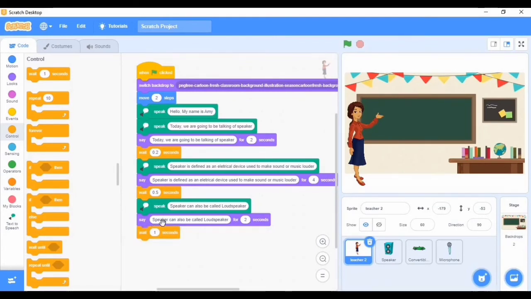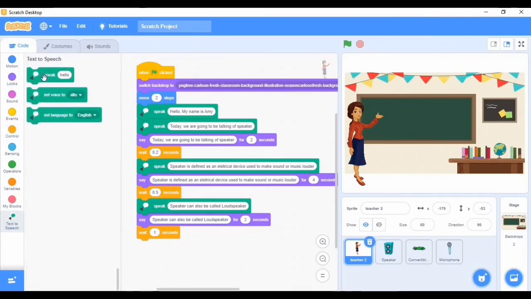Putting a pause is just to make the talking more fluent, because we're putting speech that makes it show on the computer. So we have to put all these wait some seconds. Now go to text to speech again. Now we're going to mention who invented this.